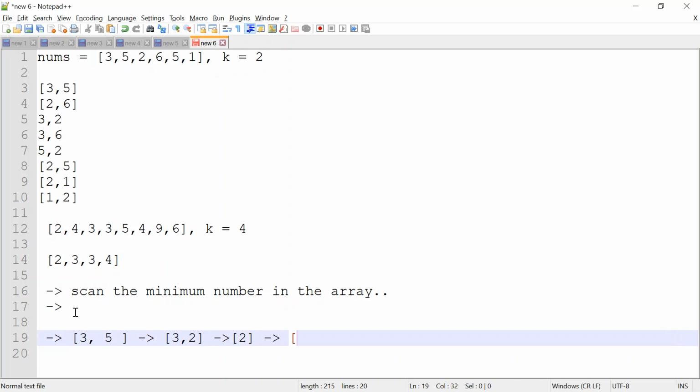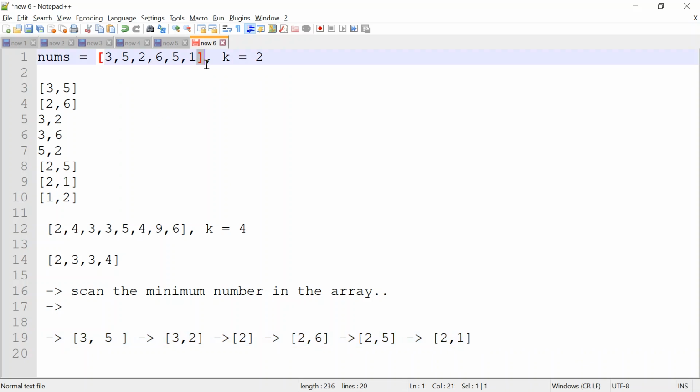Now I'm looking for a number which is after that. So 2 comma 6. Now when I look at it, I have a 5 coming after that, so it becomes 2 comma 5. Now I have another number, 2 comma 1. I could have gone behind, but I don't have any number after 1 in the main array, so I'll just leave it with this one. Say I had another 10 here, then my answer would have been 1 comma 10.